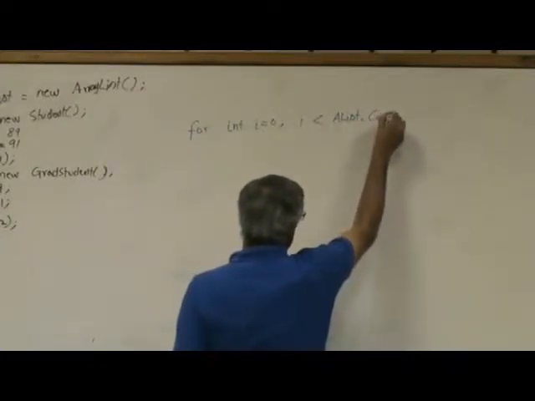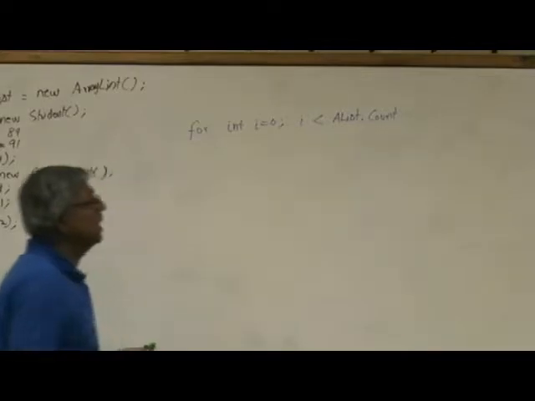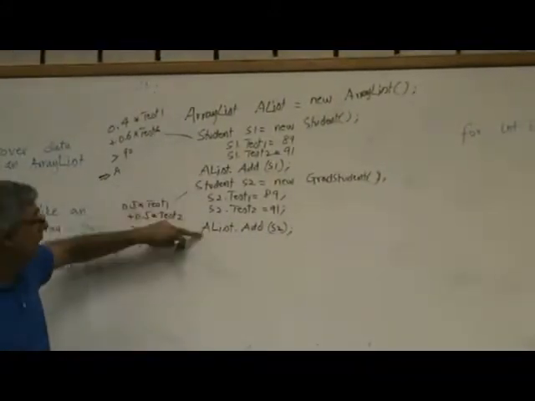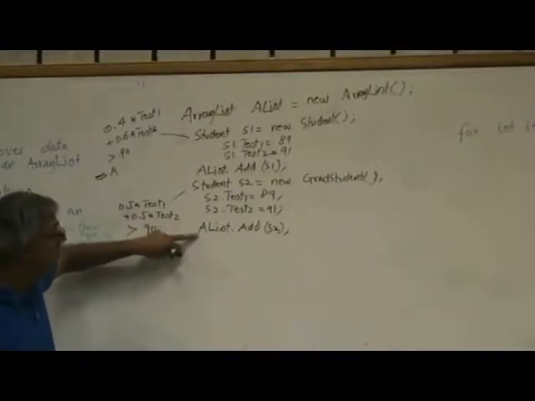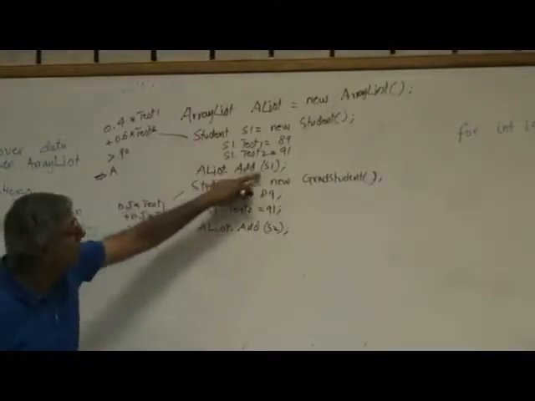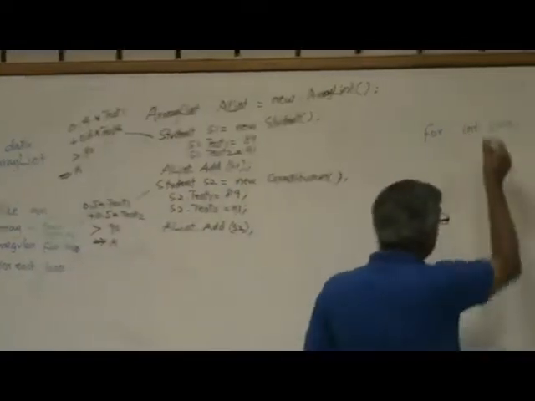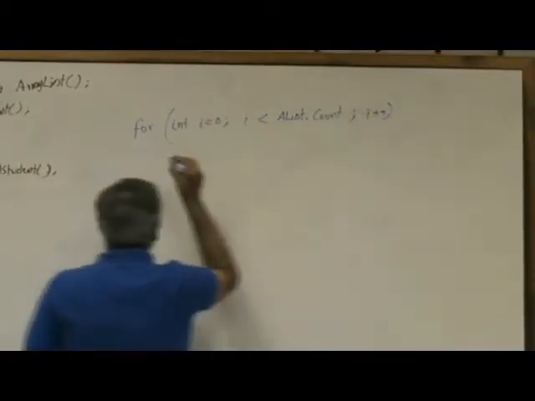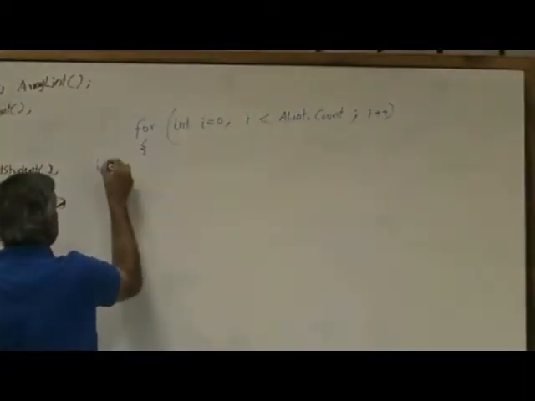list dot count. So just like an array has the length property, all collections have a count property which lets us know how many elements are stored in the collection. So in this example, what will be the count? 2, right? Because we stored one time S2, one time S1, so 2. So it will go through I of 0 and I of 1. Okay, so first time through the loop I will be 0, second time through the loop I will be 1,